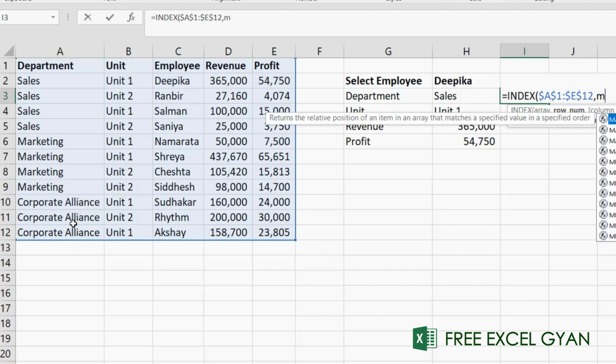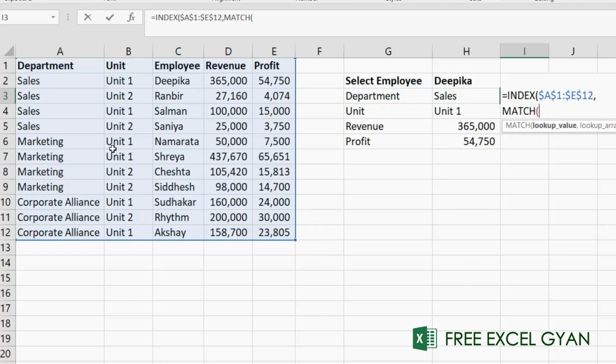In the match formula for row number, it is same as before. Select the lookup value and then the lookup range in which the lookup value lies.